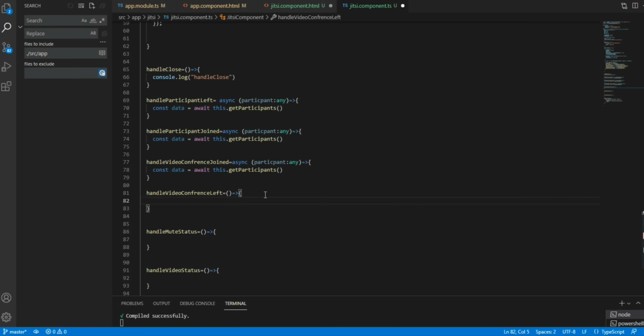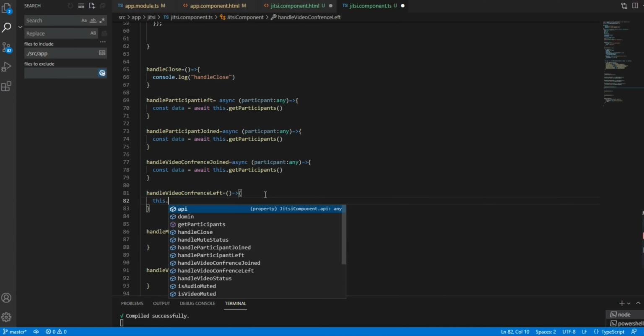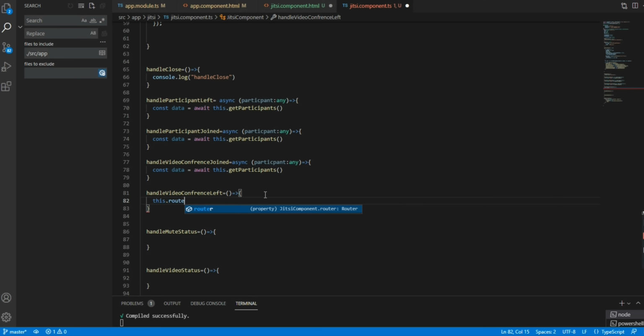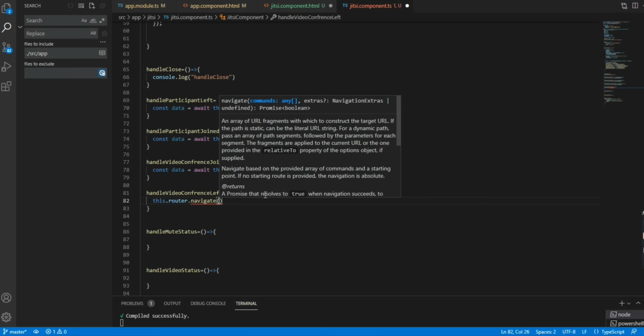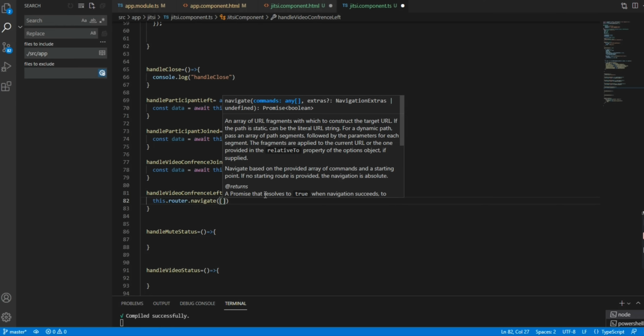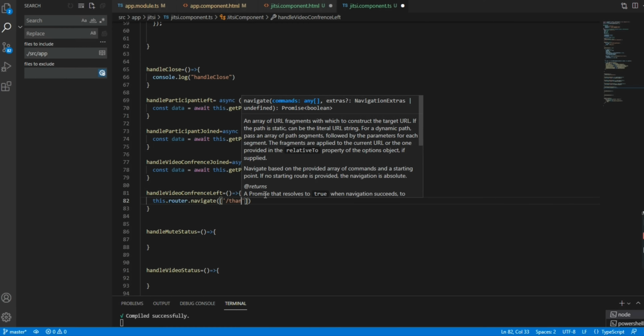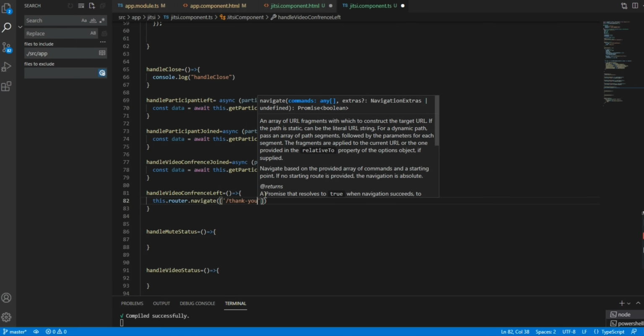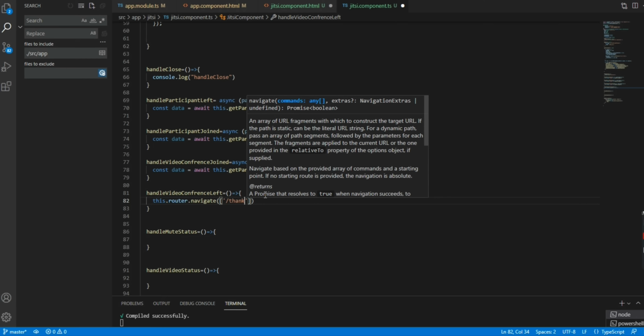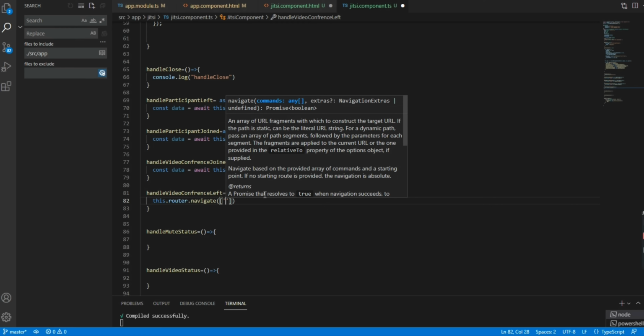Coming to the remaining events, for video status and all, we don't need anything. For video conference left, we can route this dot router dot navigate.